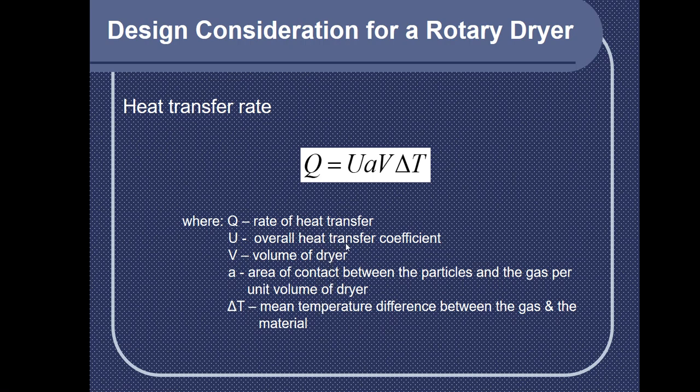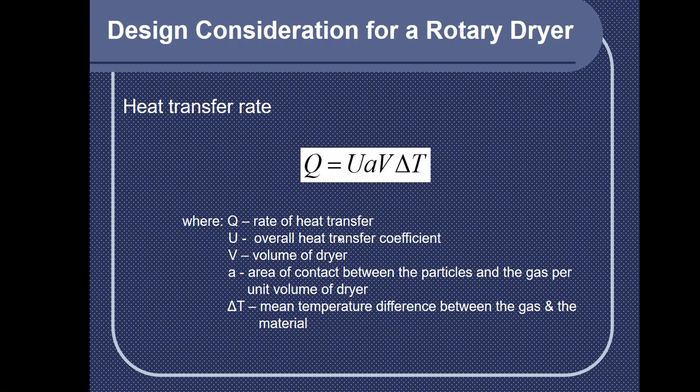You have a as the area of contact between the particles and the gas per unit volume of the dryer. So this could have been a simple capital letter A, but since we are provided with area of contact between the particles per unit volume of the gas in the dryer, then we have this small letter a,